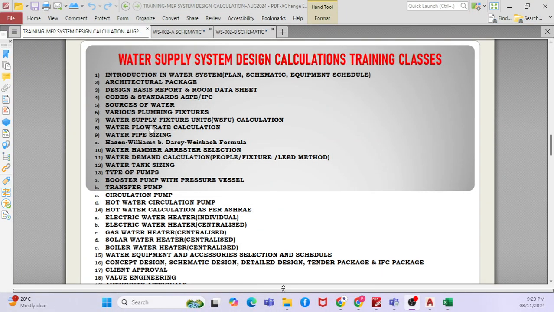Now we will talk about water supply fixture unit calculation. Why is water supply fixture unit calculation important? Because you should calculate the water flow rate. As I told you when we went through the codes and standards, this is based